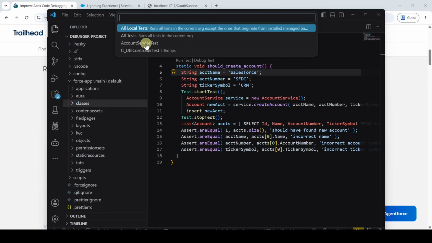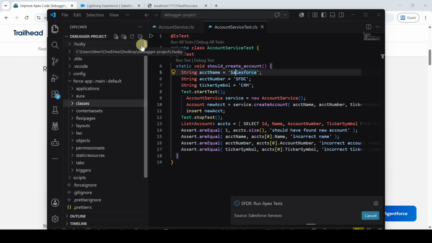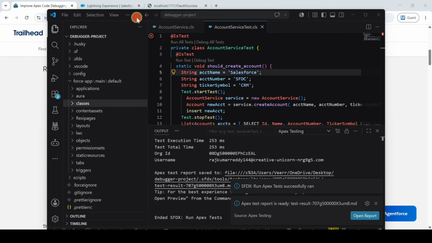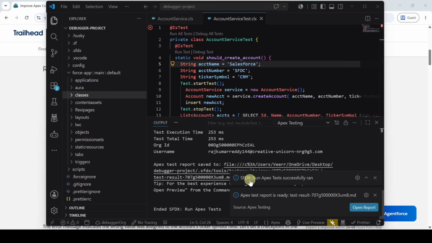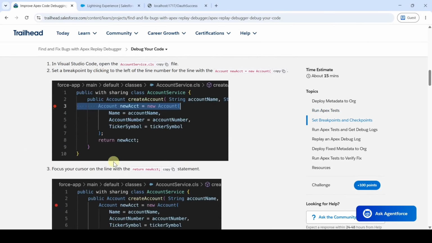Here select it as AccountServiceTest. At the end we can see that run Apex tests successfully ran and we got the Apex test report.